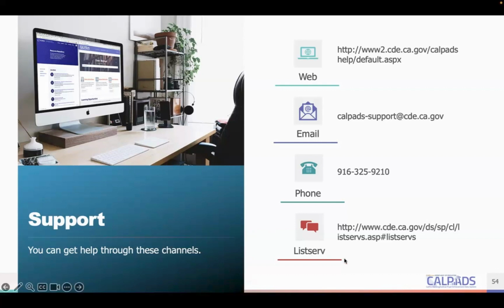And also we have various listservs. The one that is listed here is for CalPADS. This is a one-way listserv where all the important communication from our CalPADS team to the field goes through this listserv. So as advanced users, I'm sure you're all subscribed to it. If you have new users, please do encourage them to get subscribed as well so they do not miss any